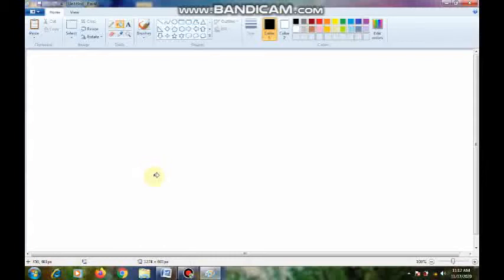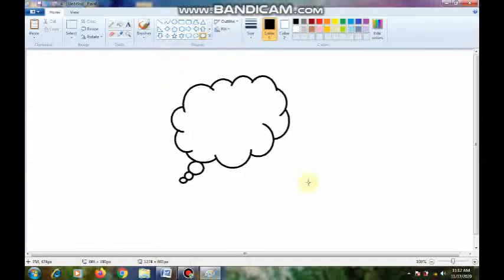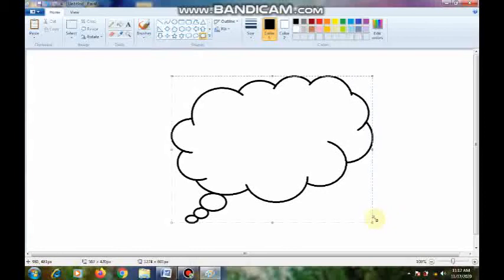So children, now I am going to teach you how to cut and paste. For example, I want to insert any picture here, or otherwise I will draw a picture here. Okay children, here I am taking this cloud symbol, and here I am drawing a big cloud.